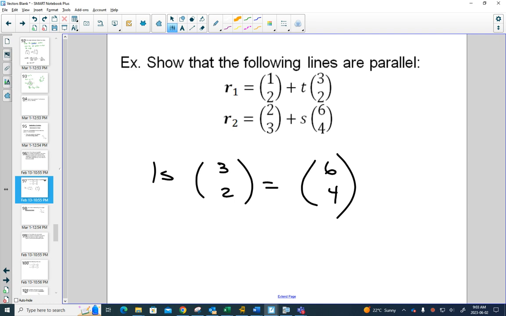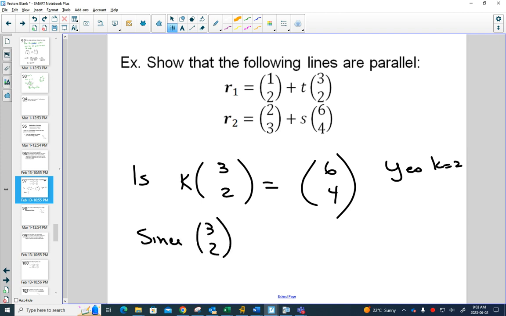And say, is there a k value so that they're equal? Yes. k is equal to 2. So you could do that right away. It would be the easiest way to solve this question, to show that they're parallel. Since (3, 2) and (6, 4) are parallel,